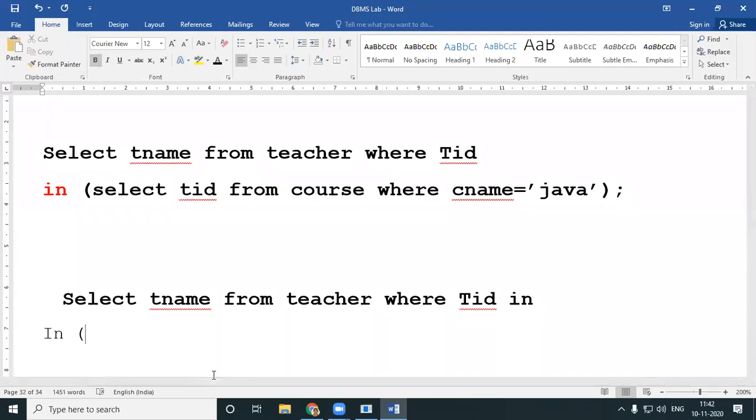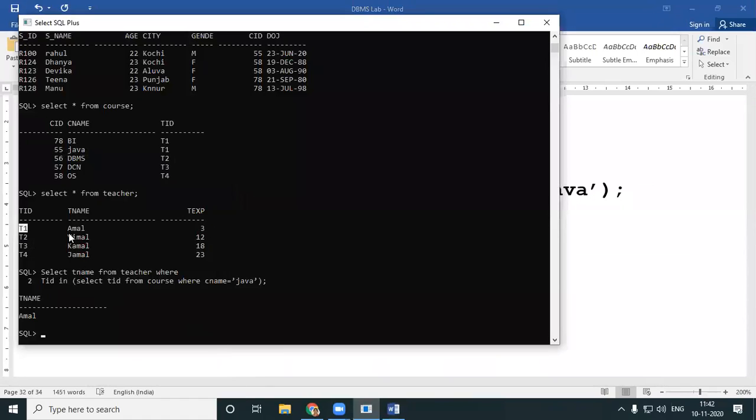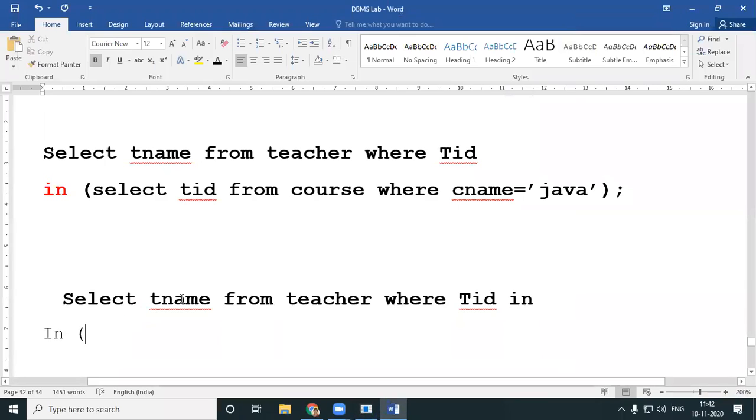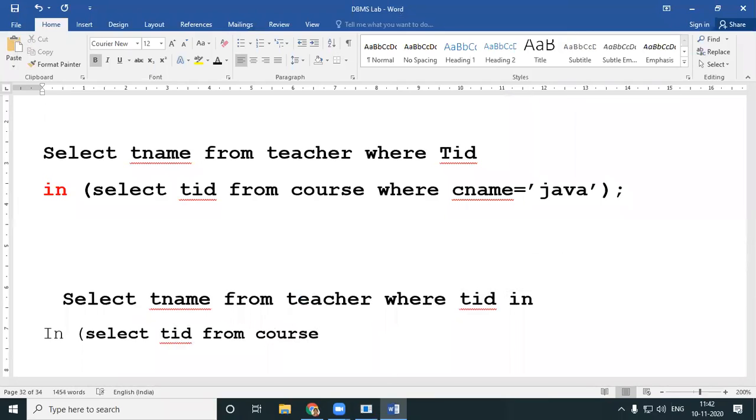Now I get the name of the teacher. I need to make this connection, foreign key and primary key: select TID. TID is the primary key, the same field which is the foreign key from course.